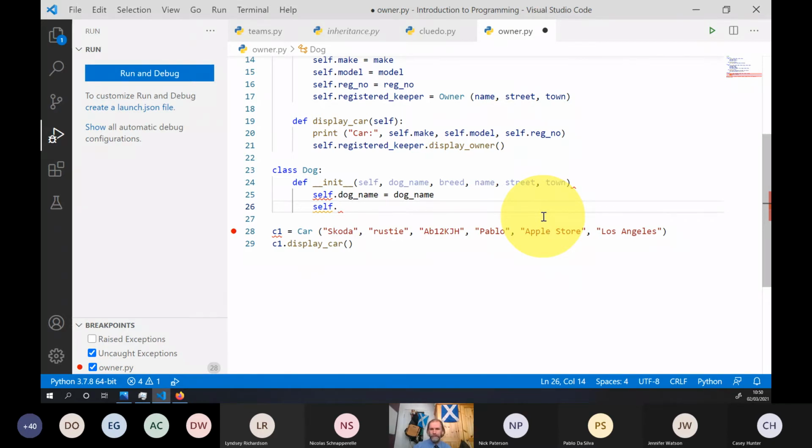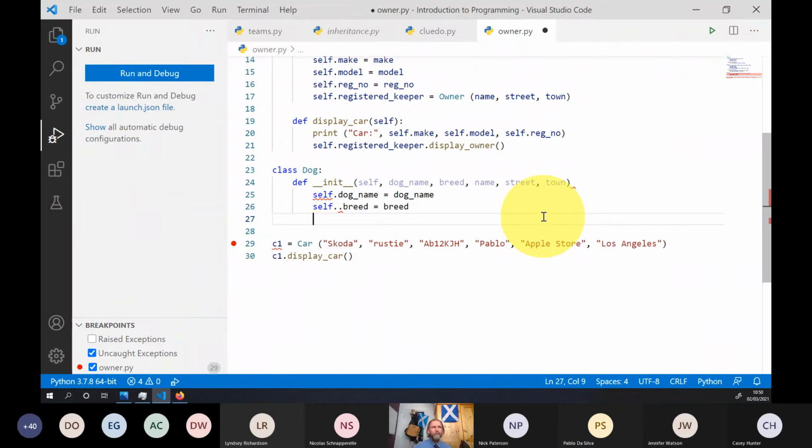Oh, yeah. Why is it upset? Correct answer, Mana. Okay, so we can set up the dog, we can set up the breed, but we can use this same idea that we've used up here.